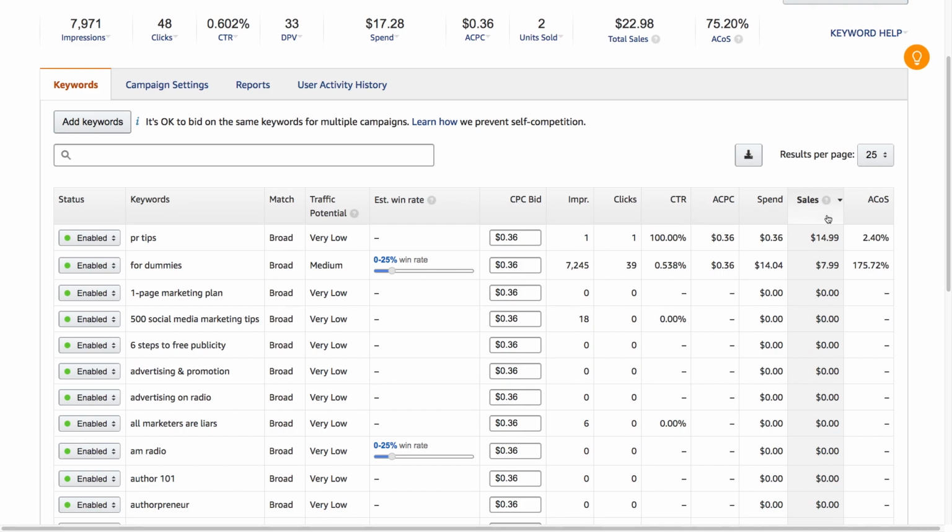And here we have the results for this particular campaign. So I've had these two keywords, PR tips and for dummies, they've had the best performance so far. This is $7.99. That means someone bought the Kindle edition after clicking. So one of these clicks turned into a sale of the Kindle edition. This one's really good. This only made one impression and one click, and somebody actually bought it. So I'm hoping that more people can click on this PR tips keyword if they search for PR tips, and